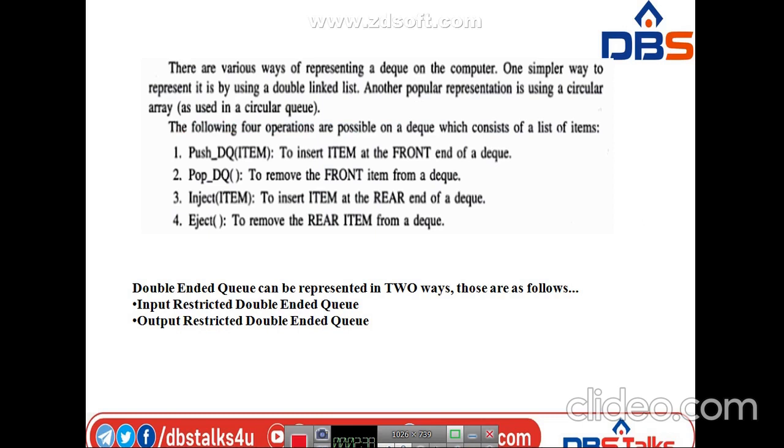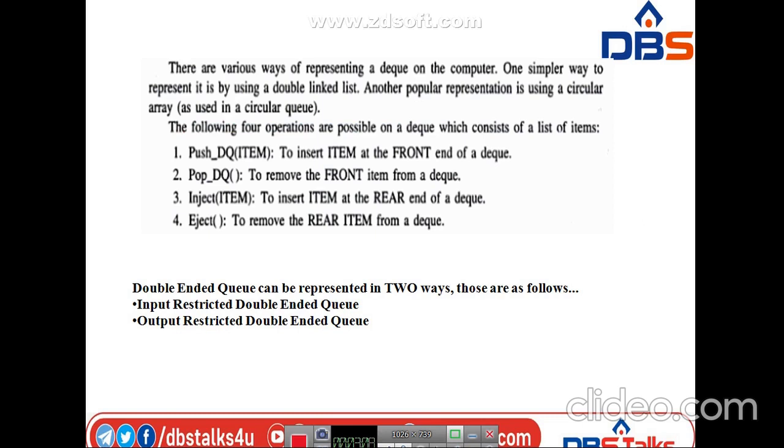Push is performing the insertion operation at the front end. If we perform the insertion operation at the front end, then we call it a push operation. If we perform the deletion operation at the front end, then we call it a pop operation. What about inject? Inject is performing the insertion at the rear end.